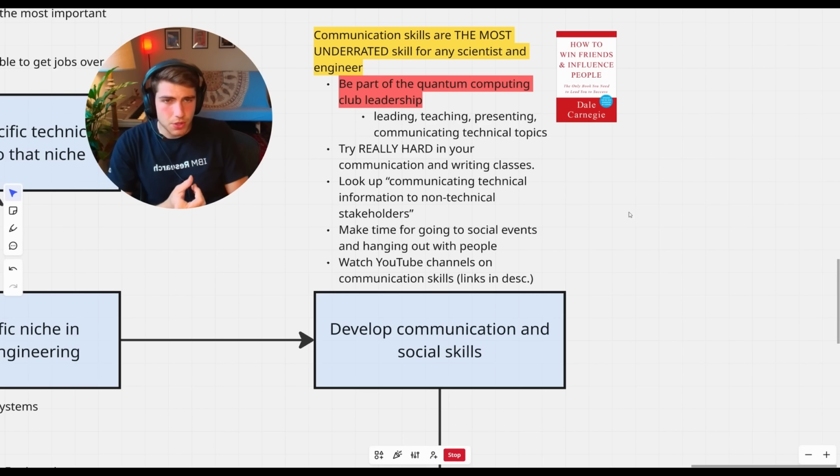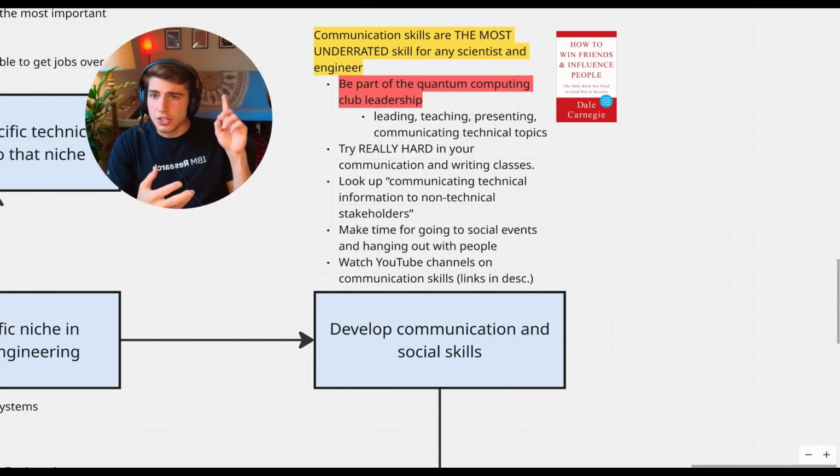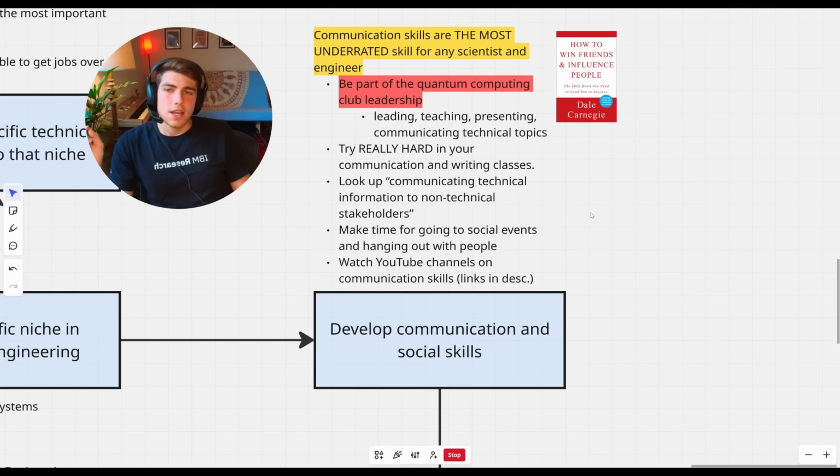Be part of the quantum computing club leadership. Start the club if it doesn't exist. Become the president, become the vice president. You're going to learn how to lead. You're going to learn how to teach. You're going to learn how to present. You're going to learn how to communicate technical topics. And those are some of the most important things. From there,